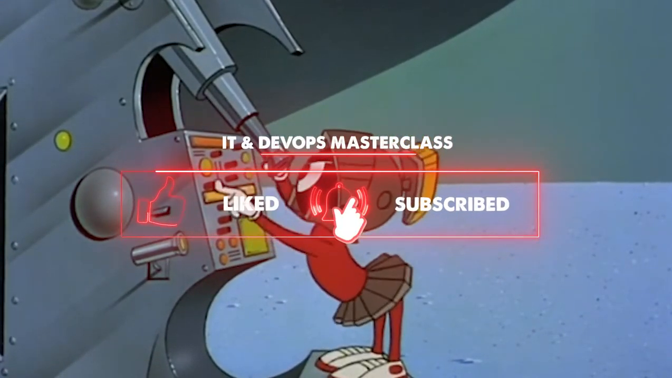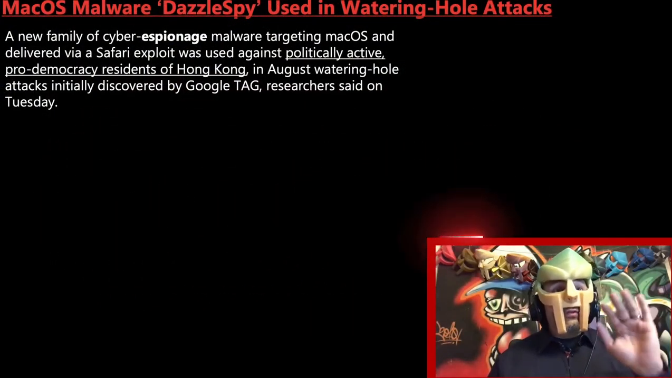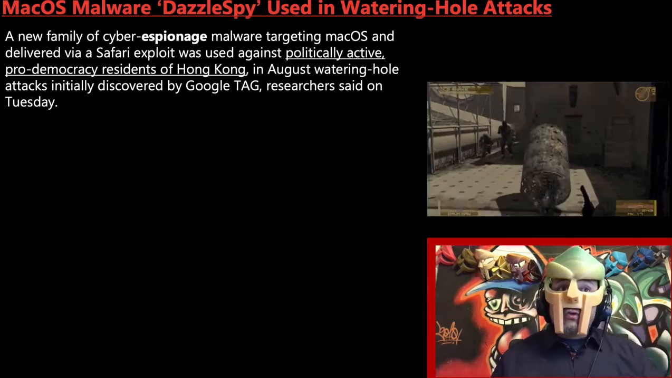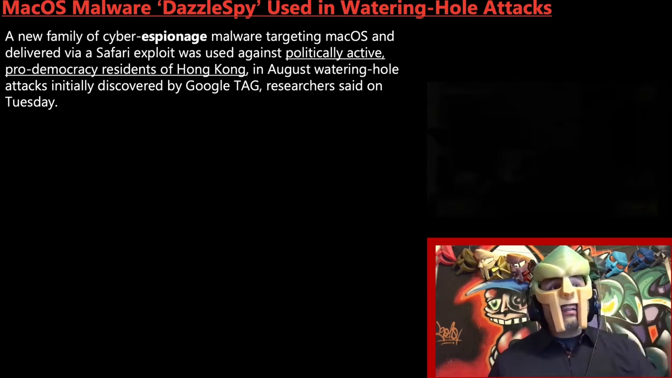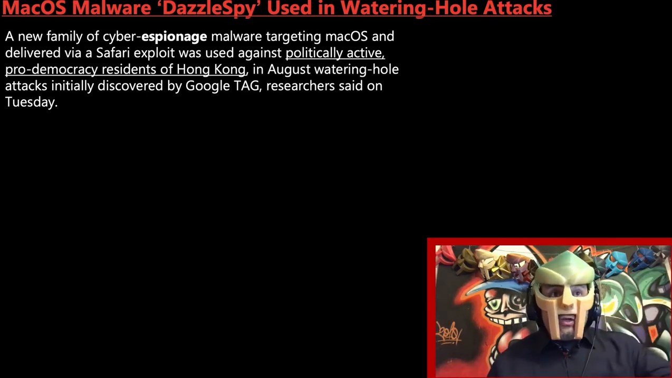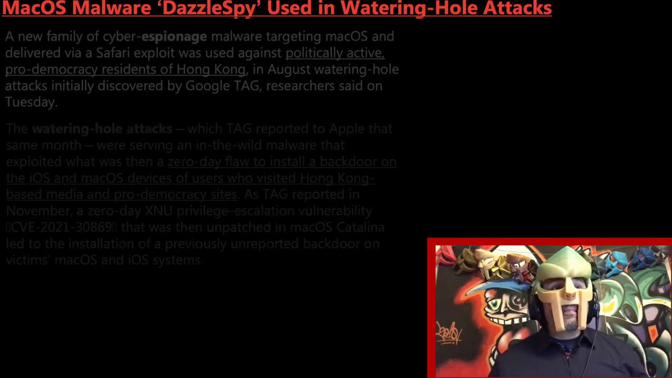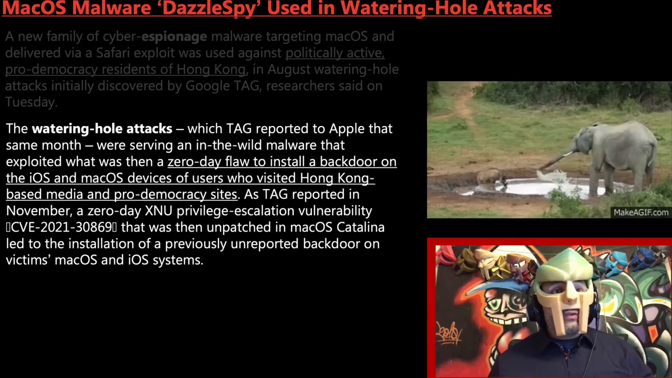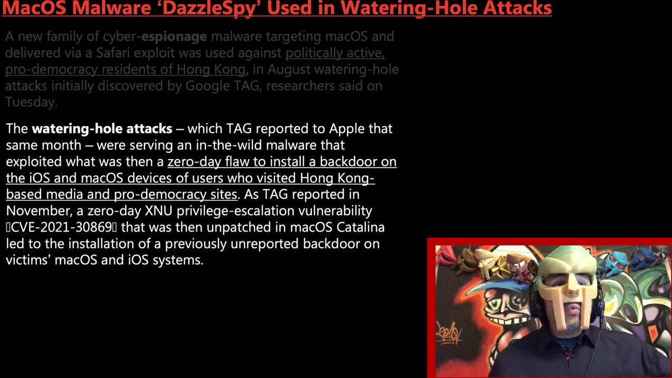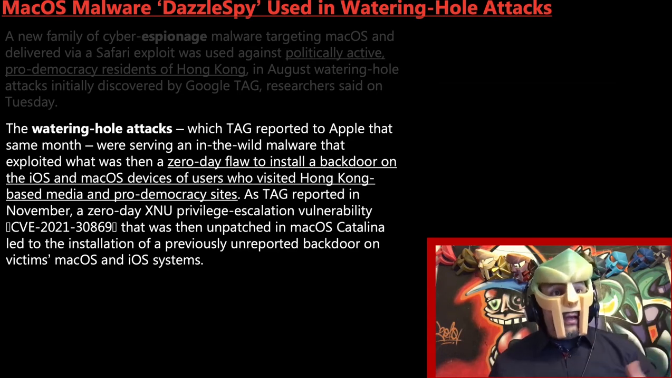I could pinch them. A new family of cyber-espionage malware targeting macOS and delivered via Safari exploit was used against politically active pro-democracy residents of Hong Kong in August. Watering hole attacks, initially discovered by Google TAG, which TAG reported to Apple that same month, were serving an in-the-wild malware that exploited what was then a zero-day flaw to install a backdoor on the iOS and macOS devices of users who visited Hong Kong-based